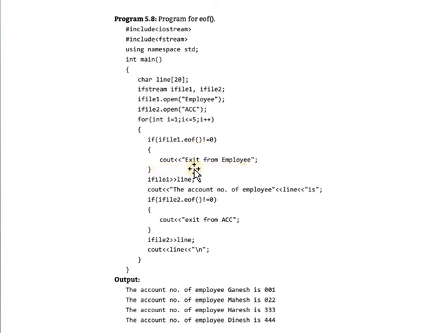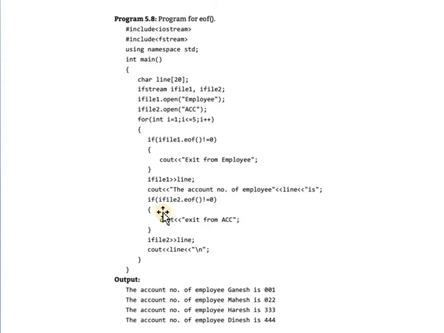That means it displays a message exit for employee. And in the same way in file 2 also, the file contents are displayed until the end of the file. This is a simple program for the demonstration of the EOF function.